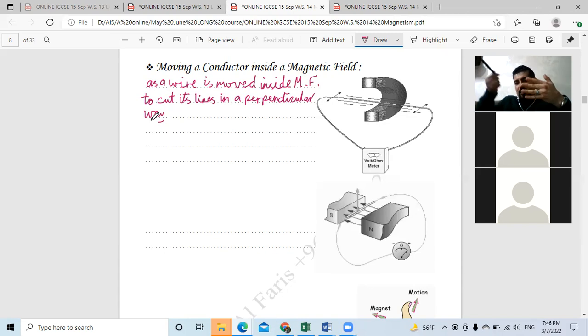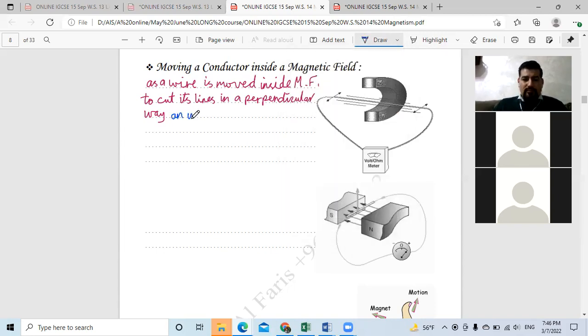If I move it sideways with an angle, the rate of cutting magnetic field lines will not be as fast as this way. So in the perpendicular way, like this or like this, the motion is perpendicular to the magnetic field lines. I'm talking about maximum cutting of magnetic field lines, if they are perpendicular. As the wire is moved inside the magnetic field,